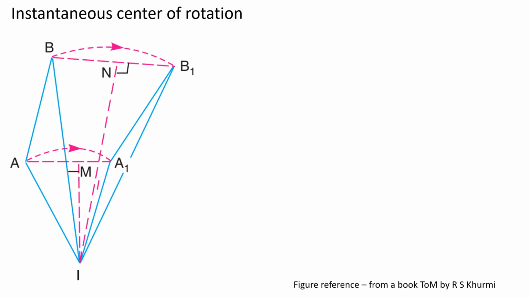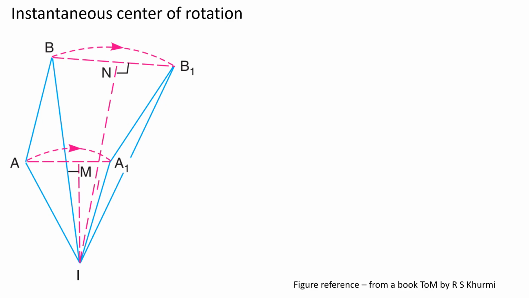Therefore, the position of the center of rotation must lie on the intersection of the right bisectors of chords AA1 and BB1. Let these bisectors intersect at I as shown in figure, which is the instantaneous center of rotation, or also called as virtual center of rotation